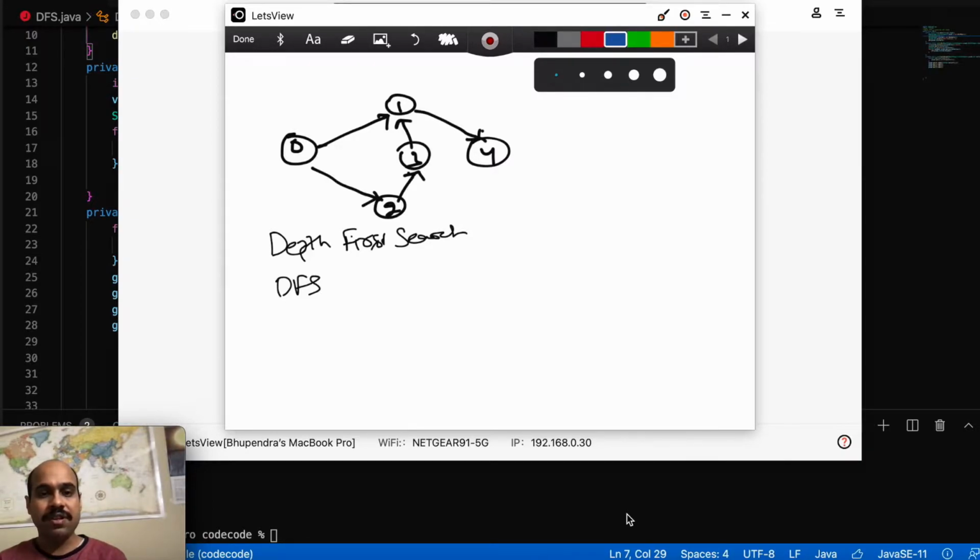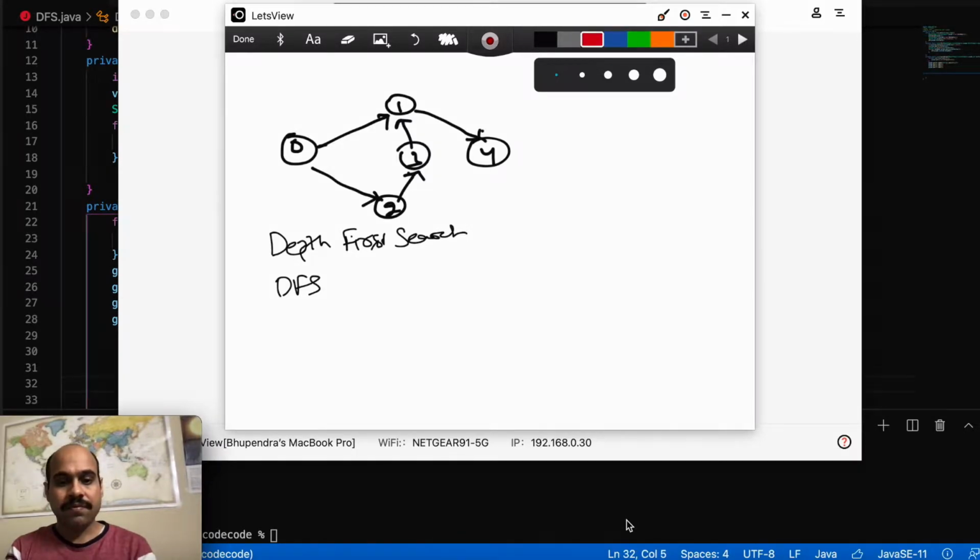So for example, we'll go through how to implement this algorithm first. Then I'll go through the code and I will explain to you how to write a simple DFS code in Java. And after that we'll see some problems which could be solved using this algorithm. And let me tell you, this looks like a very easy algorithm, and yes, it is a very easy algorithm, but it has many applications. Okay, so here I have taken a very simple graph, so at least we understand the method to use to do a DFS traversal.